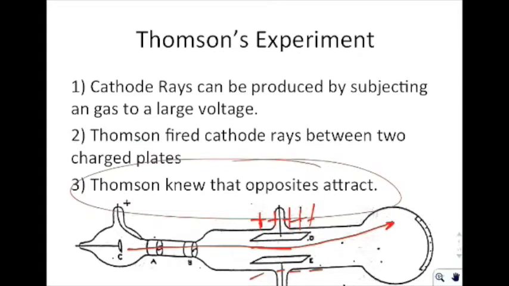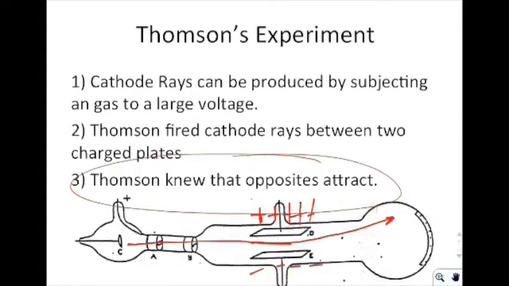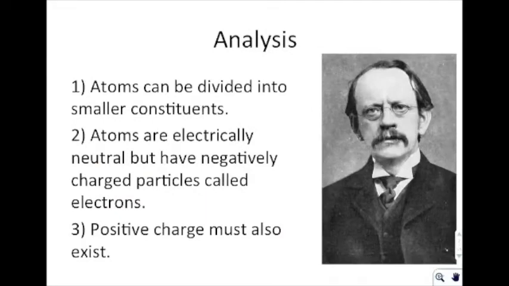You should have learned that in physics, or you should have learned it in chemistry last year, but opposites attract. Because of that, he said that you can take an atom and divide it into smaller constituents. He suggested that the cathode ray he had was a negatively charged particle, which he called a negative corpuscle of charge, but we now know as the electron. So Thomson was the first one to discover the electron, based on the fact that you can deflect cathode rays